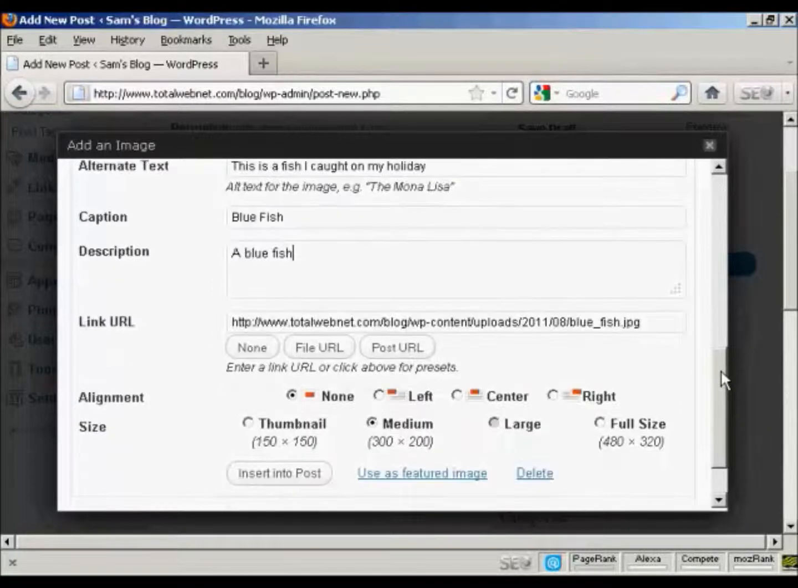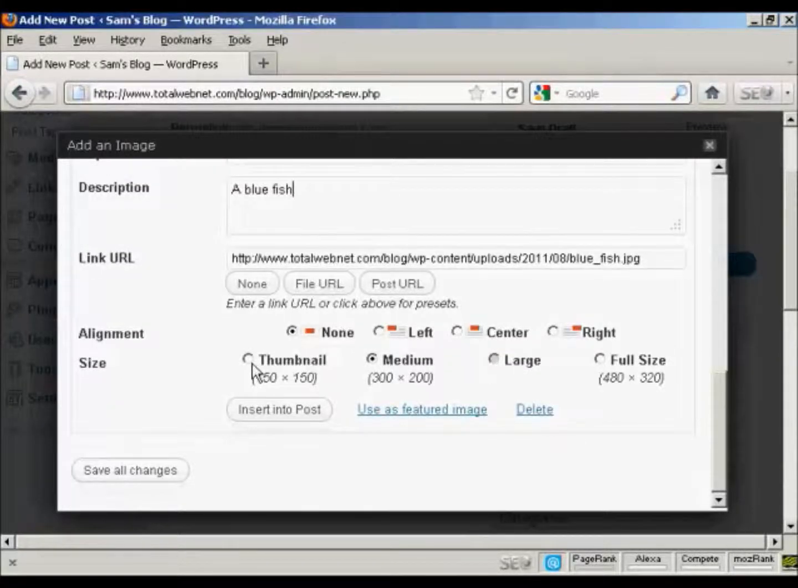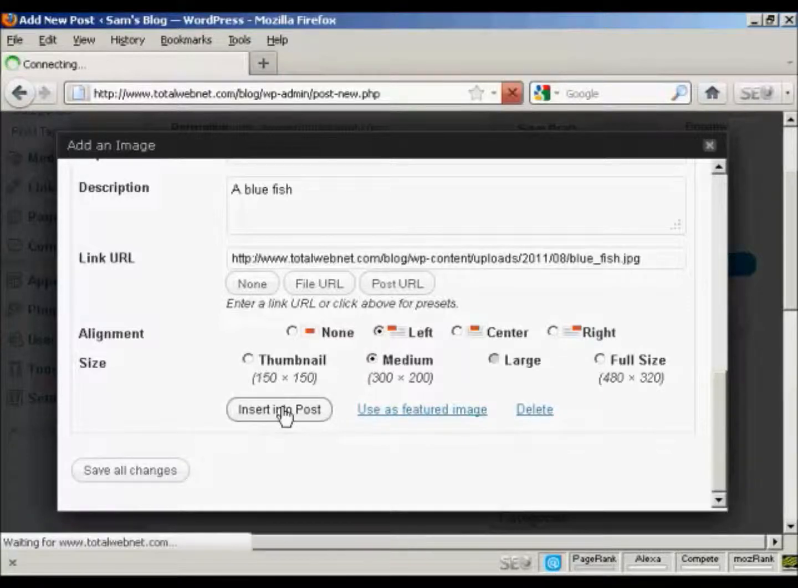And then you can choose the size that you want to have it. You can have it as a thumbnail, medium, large, or full size. I'm going to leave it at medium because that's what the software has selected. And you can align it. You can have it to the left of the text, you can center it within the text, or have it to the right of the text. I'm going to have it to the left of the text, and then click here, insert into post,